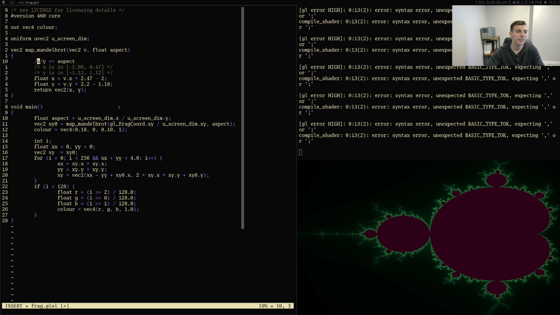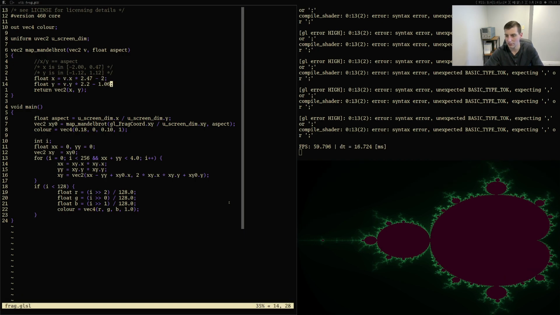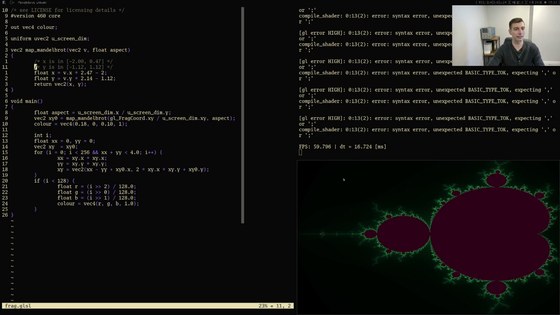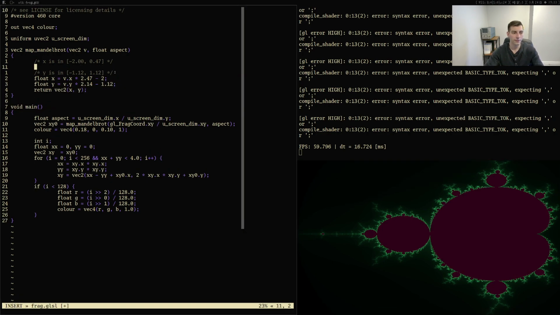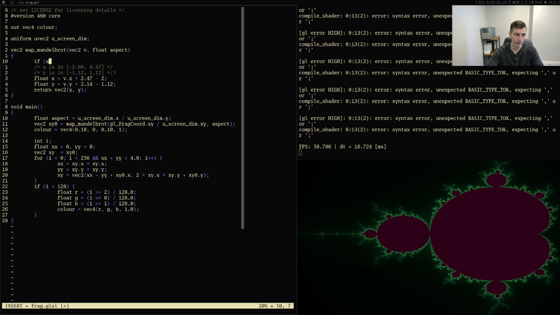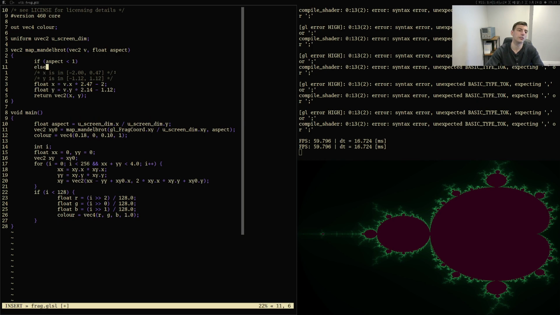Should have been like 0.6, right? So yeah, it's not enough. We need to add some extra padding. So if aspect less than 1, else